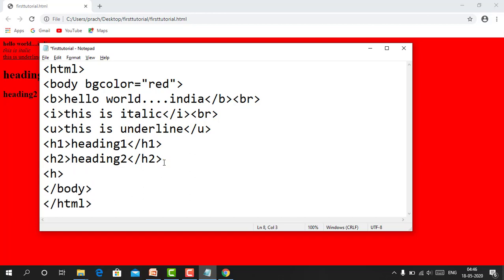Now heading 3. For headings we don't require the BR tag. Heading 3.